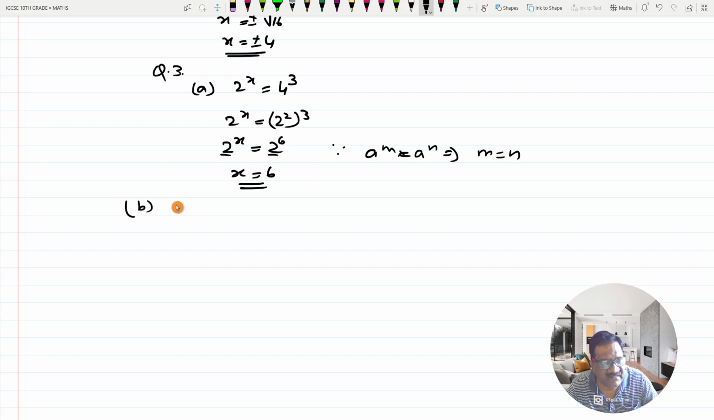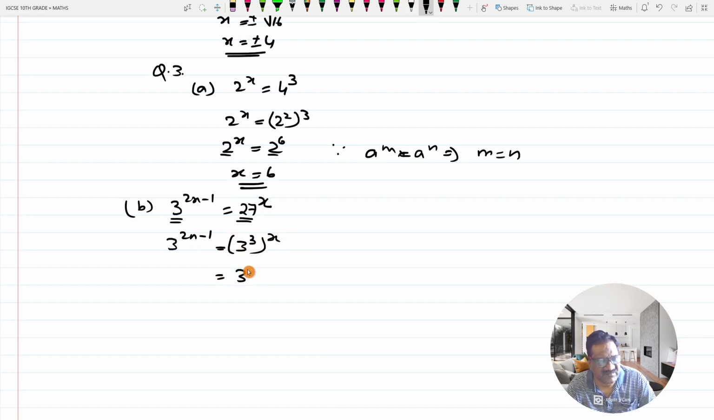B says that 3 raised to 2x minus 1 is equal to 27 raised to x. Now, this is 27, this is 3. So, my job is to make the bases equal. So, 27 I can write as 3 raised to 3 and whole raised to this x. Now, this can be written as 3 raised to 3 into x, that is 3x, and this is 3 raised to